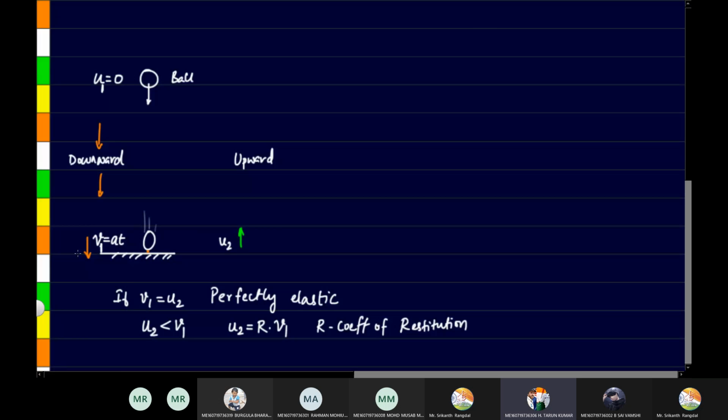Yes, sir. It gives us the difference between initial velocity and final velocity? Not the difference, I think it is the ratio. It is not the difference, it is the ratio, because coefficients usually don't have any unit. Keep it in mind, it is a ratio. Sir, can you state the statement of this?